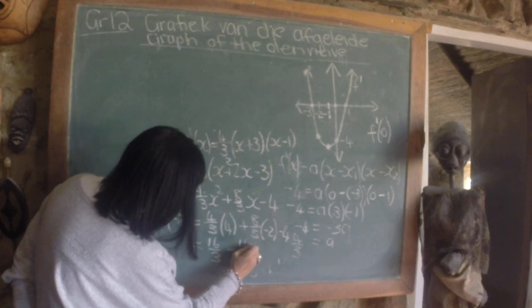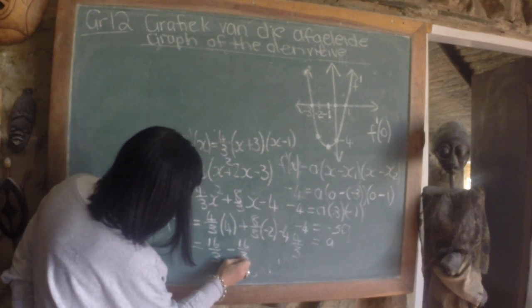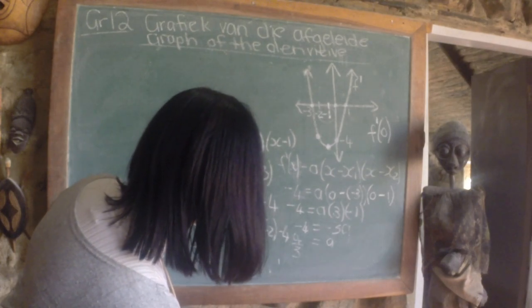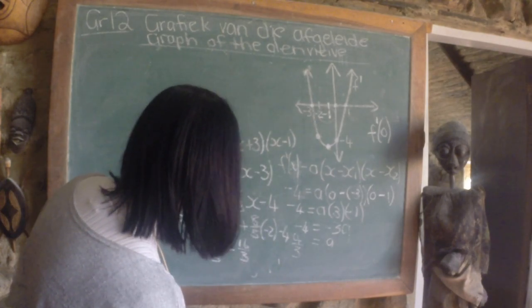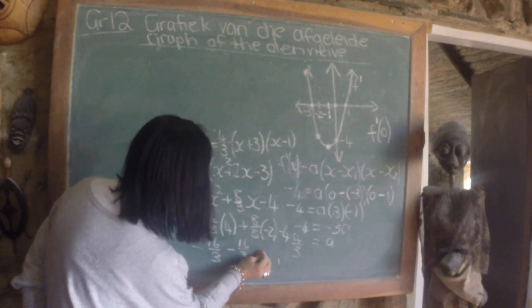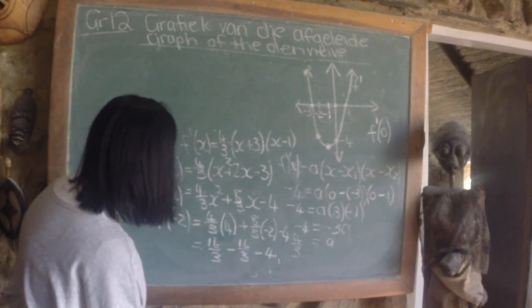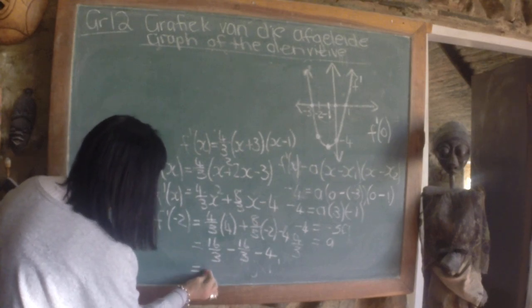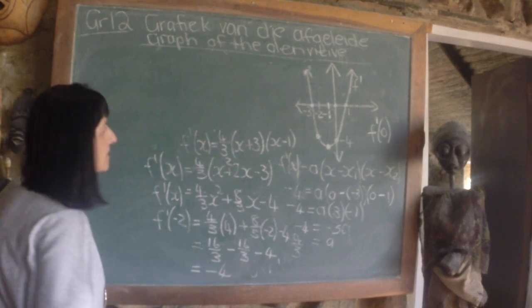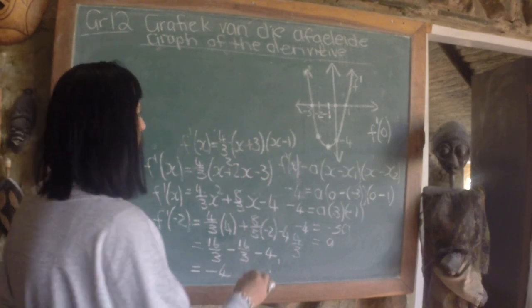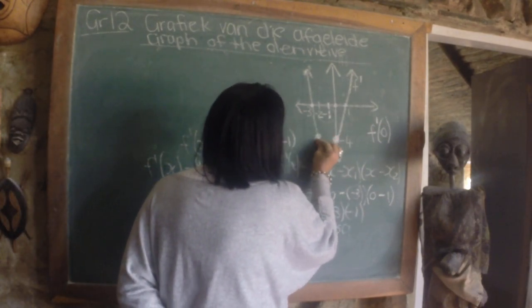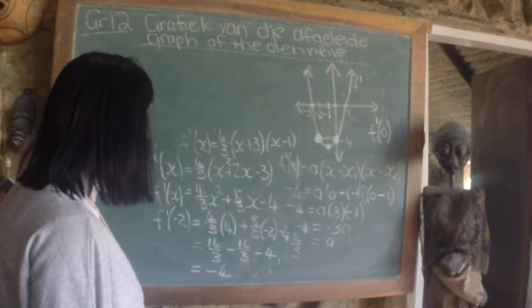Minus 16 on 3. Minus 4. En dit gee vir my minus 4. So in the book it's also minus 4 because that point and that point,